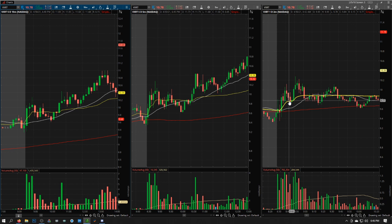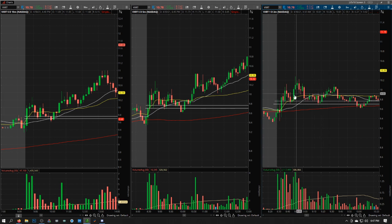VXRT 9.76 down to 9.70. I called it right, right here on this candle. And it eventually came down to fill me in full right here on this zone. And my stop loss was down here,